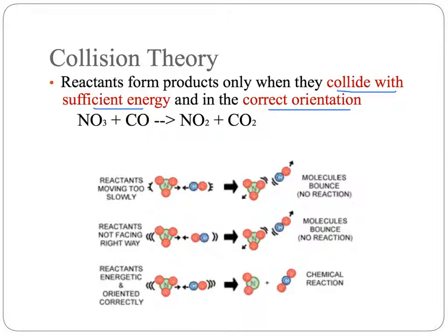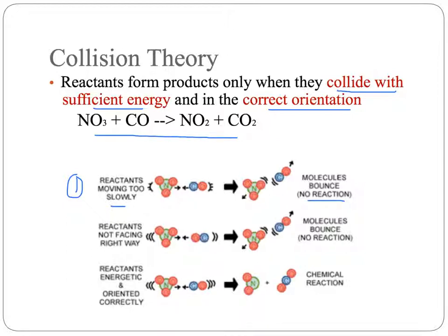So if we take this reaction here where you have nitrogen trioxide mixing with carbon monoxide to give you nitrogen dioxide and carbon dioxide, we've got 3 potential ways this reaction could occur. In this first one, the reactants are moving too slowly, and so the molecules just bounce off each other. And this is known as an ineffective collision. Nothing happens. There's not enough energy for them when they run into each other that they're going to stick together